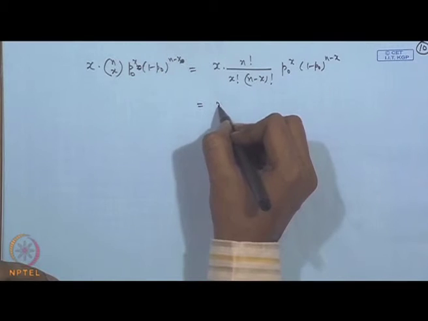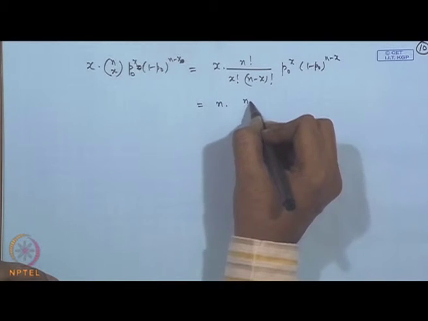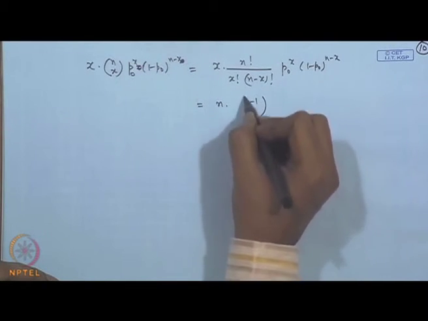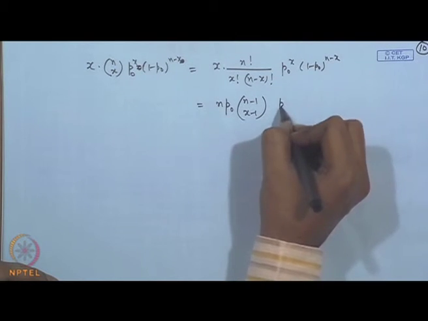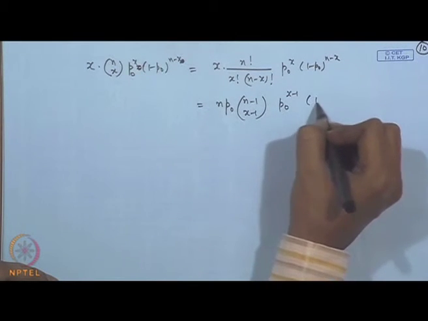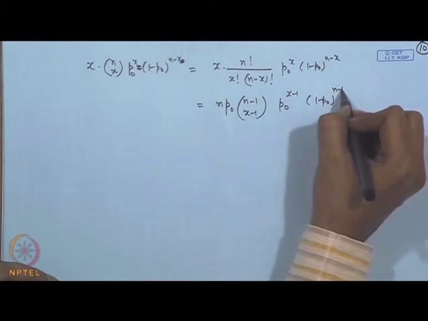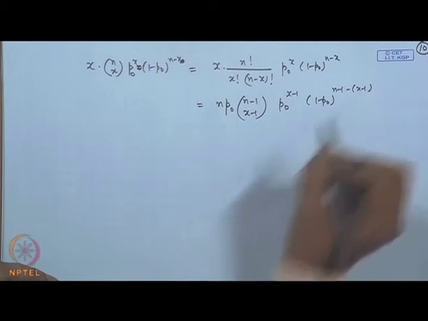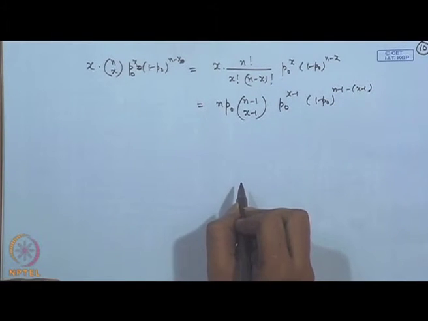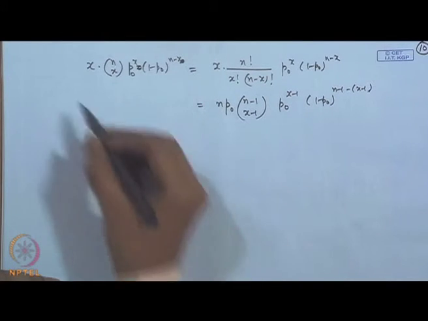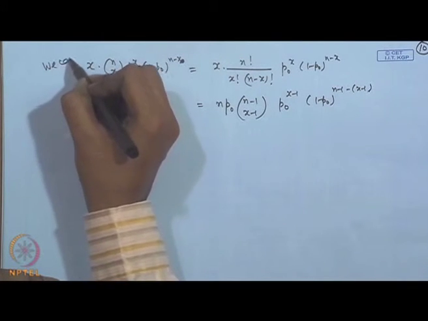This we can write as n into n minus 1 c x minus 1 and then p naught to the power x minus 1, 1 minus p naught to the power n minus 1 minus x minus 1 here. So, obviously, we can use this